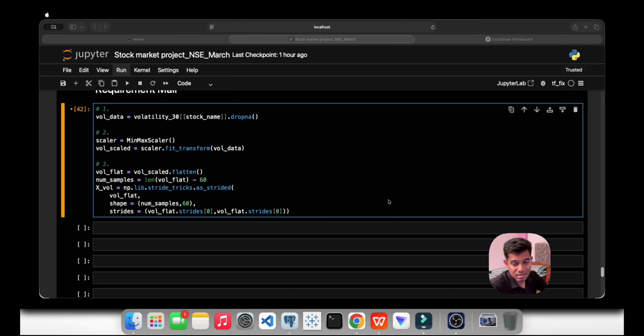GRU. Oh, actually, the error is here. I have noted GRU 50. Exit. GRU 50 is there. Still, it's not working. GRU is there, 50, return sequences true. Everything is okay. Input this.